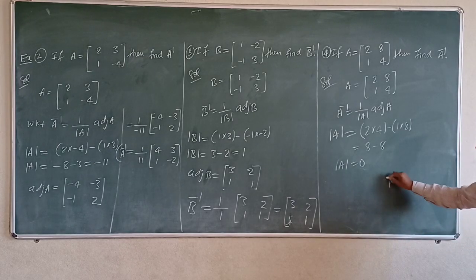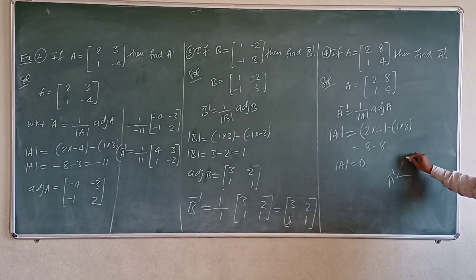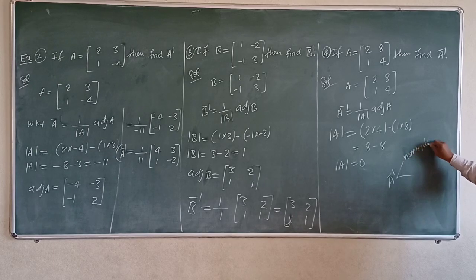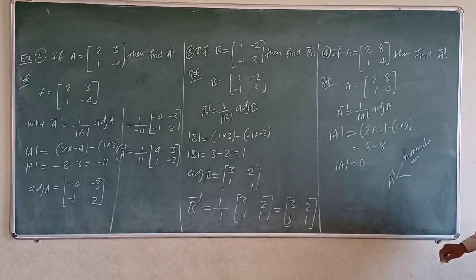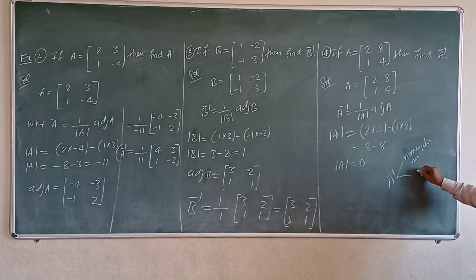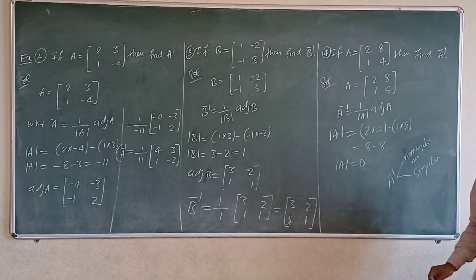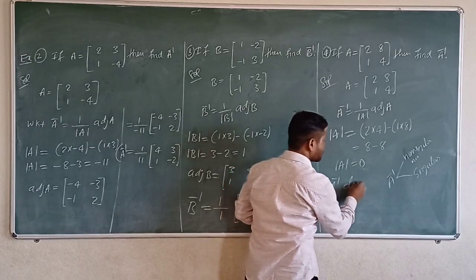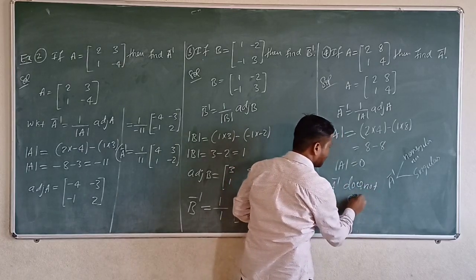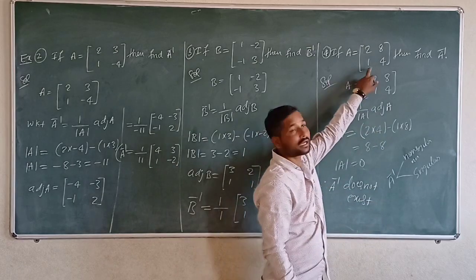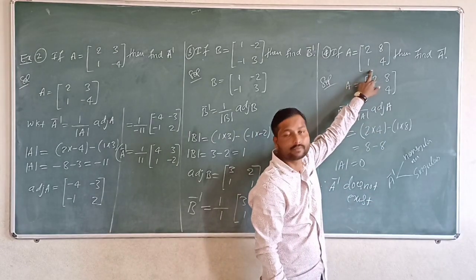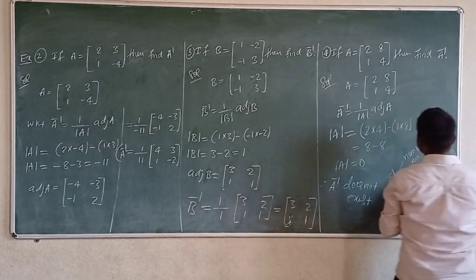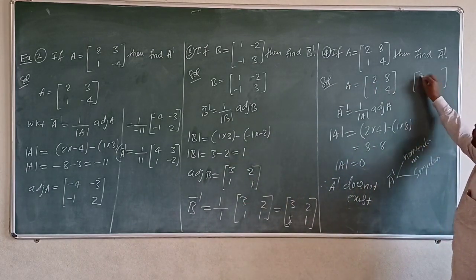The inverse of a matrix exists when the given matrix is a non-singular matrix. When the matrix is non-singular, the inverse exists. Suppose the given matrix is a singular matrix, then A inverse does not exist. So therefore A inverse does not exist because the given matrix is a singular matrix. There are chances that an MCQ can be asked on this.